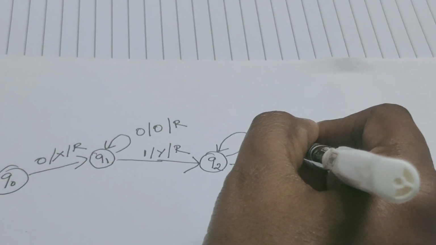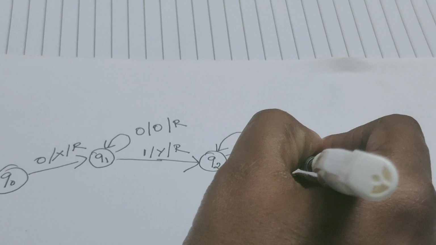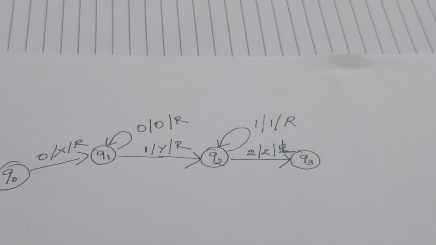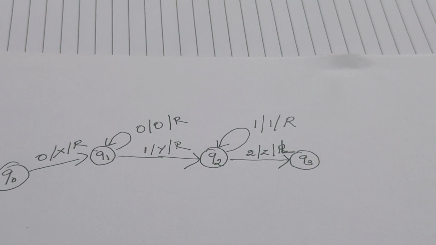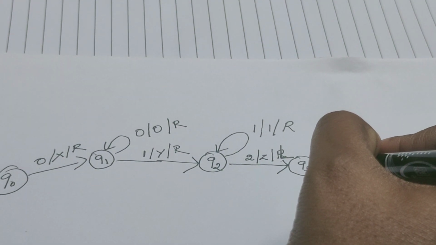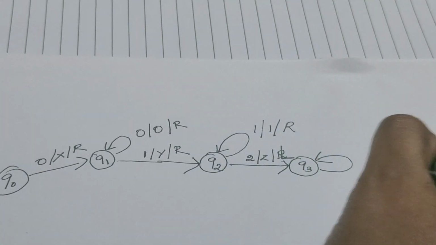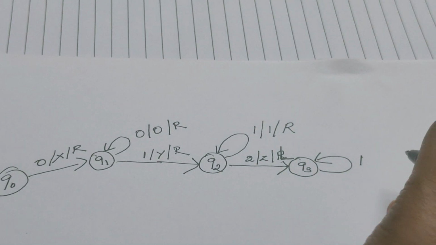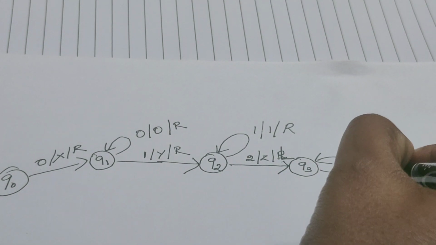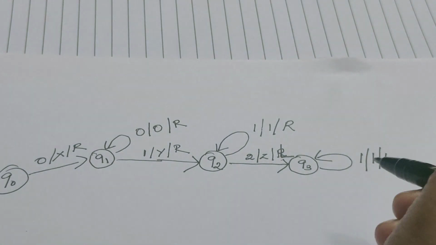Sorry, it's not the right hand side direction. Now the direction is changed towards left. As soon as it sees 2, the 2 will be replaced by Z, and the read write head is going to move in the left hand side direction. While moving left, what are the symbols it can come across? It can come across 1, right? That 1 will be accepted as 1, but the read write head keeps moving left.